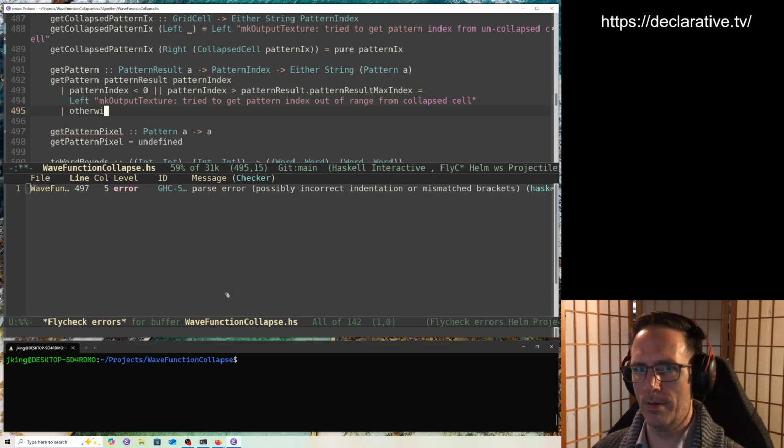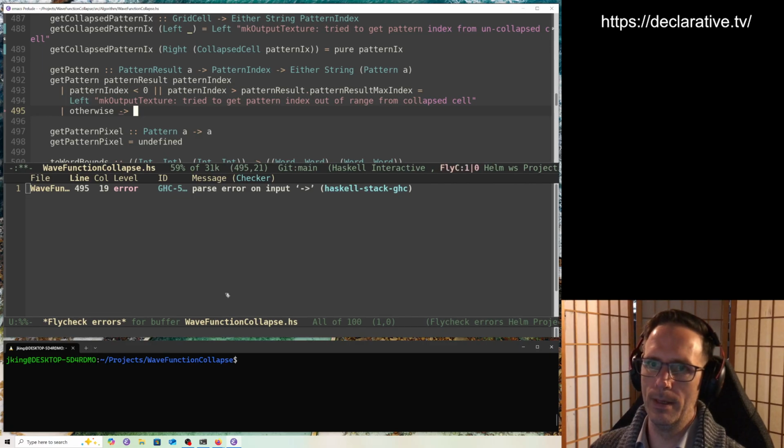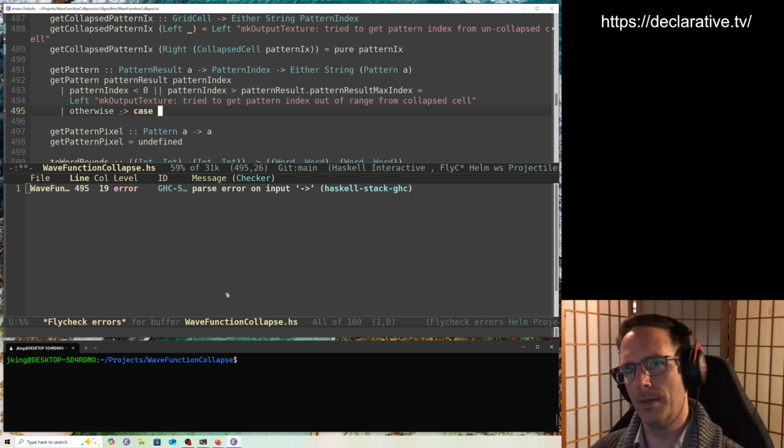We can go in here. We've validated our parameters. Then we need to case match on the index into the list. We'll do that with pattern index